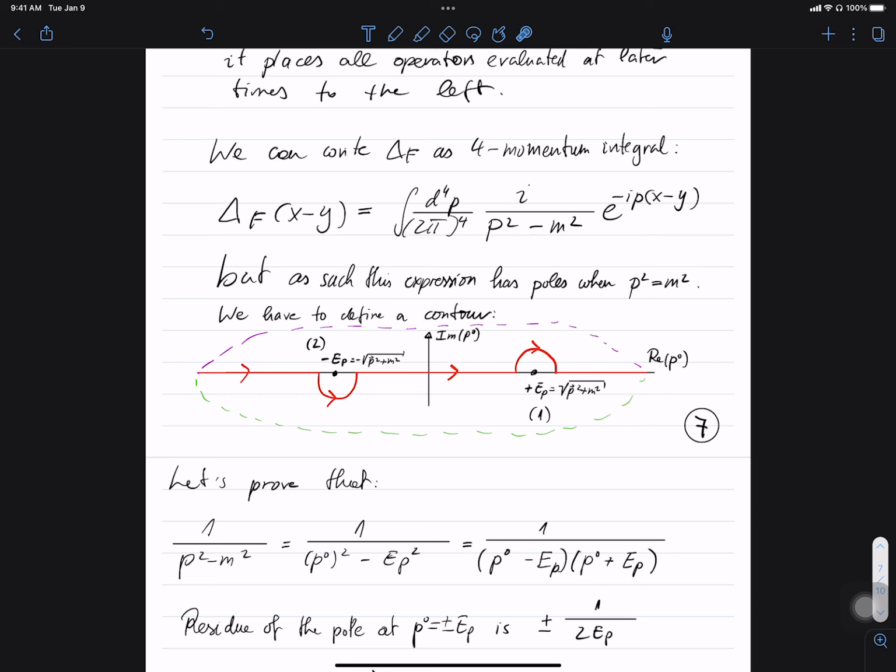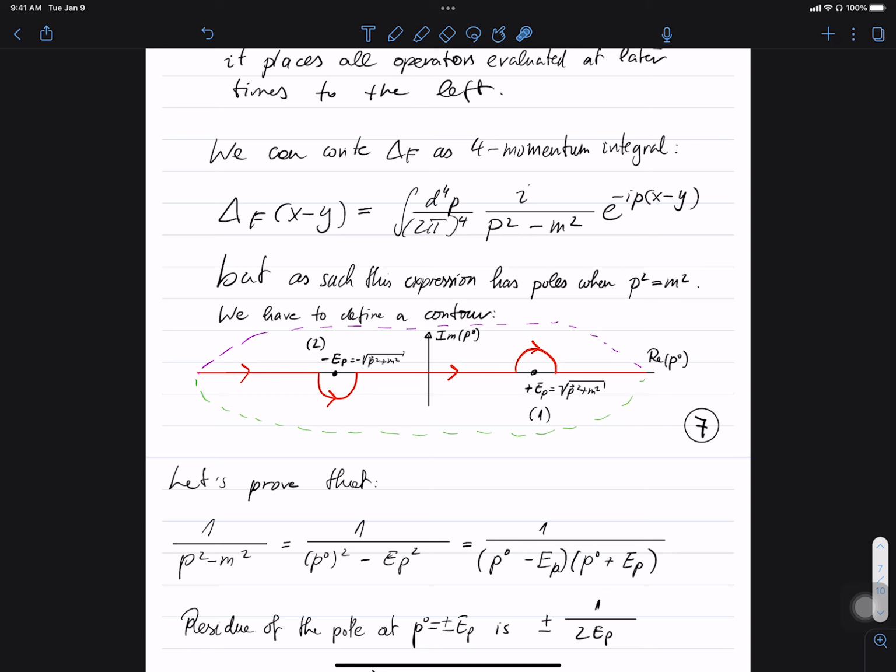Now, we also see that this expression actually has poles when p squared equals m squared. And we can evaluate it partially if we do the integral over p naught. Over in the complex plane, again, we have to use complex analysis and the residue theorem, which we refreshed recently. We can take the complex plane of the variable p naught, where p naught will have an imaginary part and a real part, and we can go through the contour, and we know that it has poles where